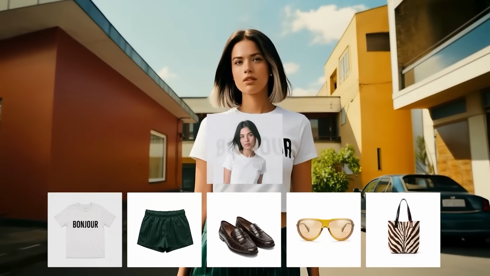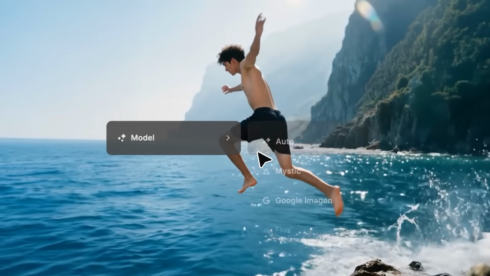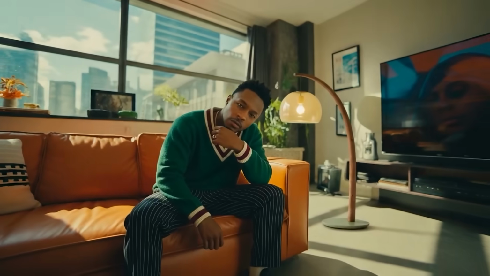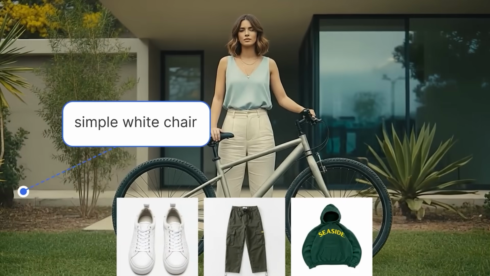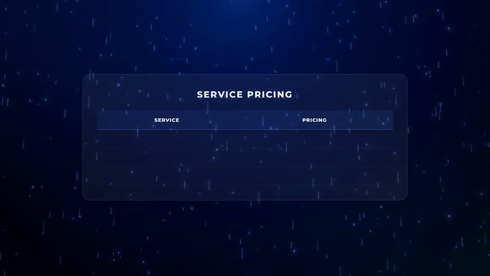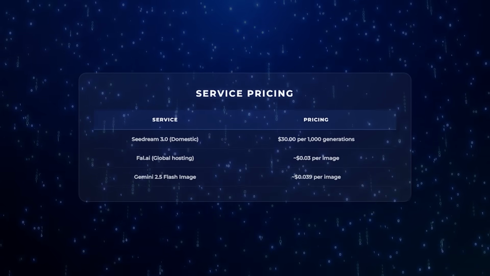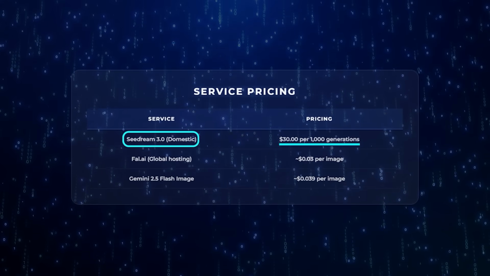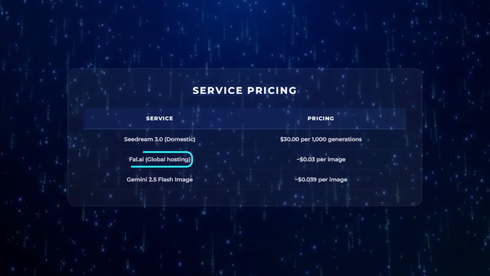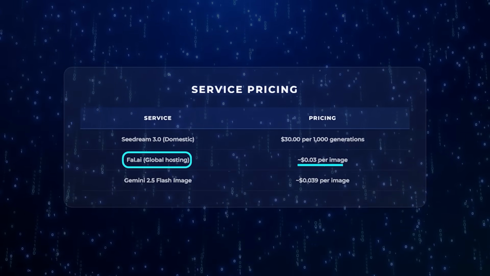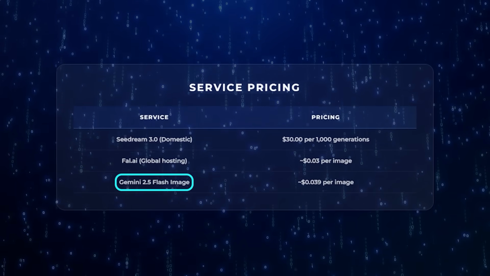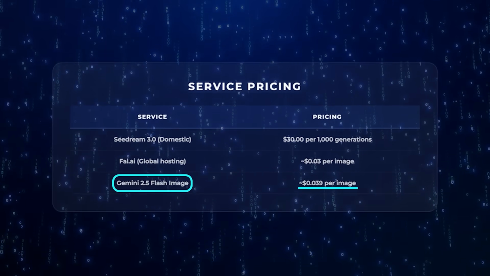Seedream 4.0 essentially merges the text-to-image chops of Seedream 3.0 with the editing strength of SeedEdit 3.0, and according to Artificial Analysis, that combo is the real evolution. Pricing is aggressive. The domestic sticker stays the same as Seedream 3.0 at $30 per 1,000 generations. On Fal.ai for global hosting, it's around 0.03 cents per image, while Gemini 2.5 Flash image sits closer to 0.039